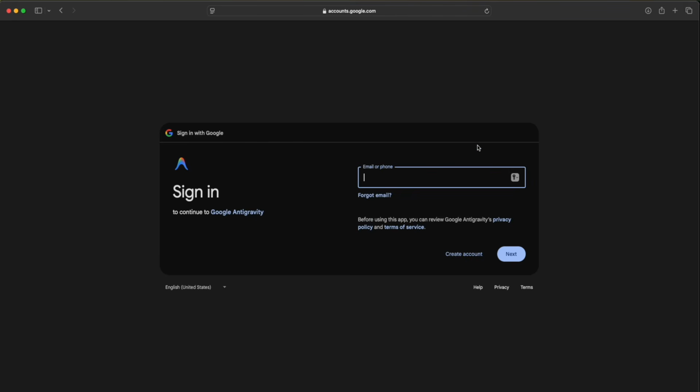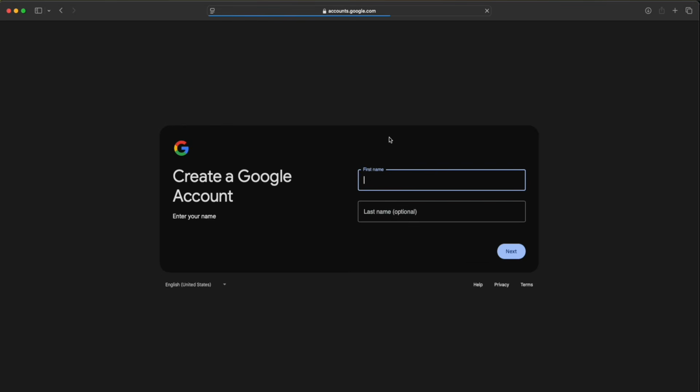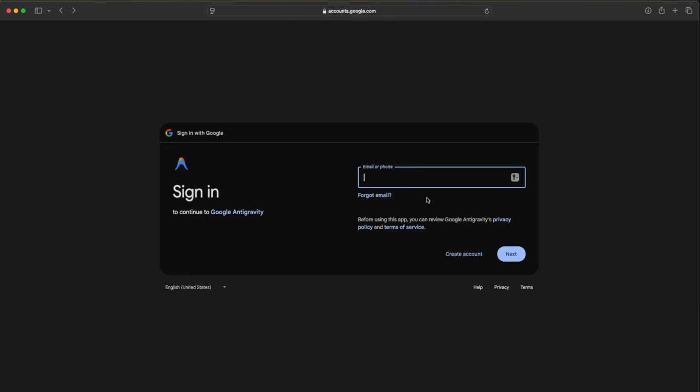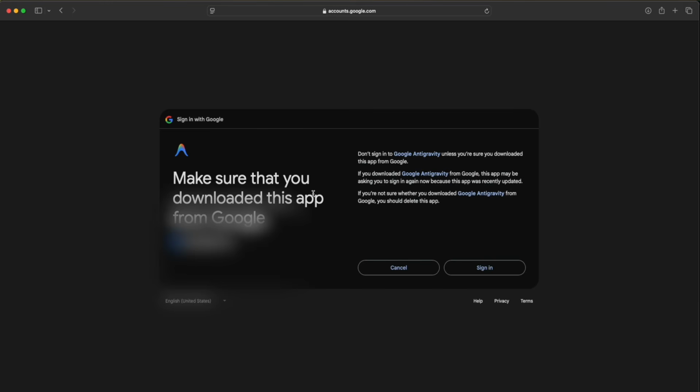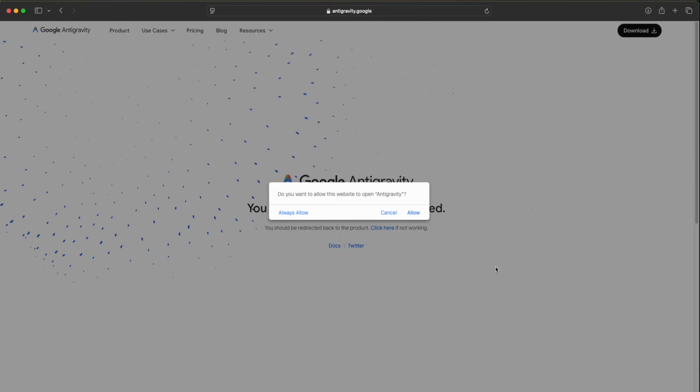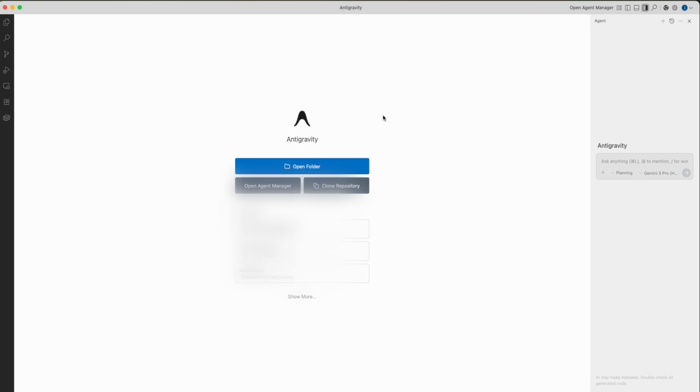If you don't have a Gmail account, you're going to click on create account and then create a Gmail account. Since we have a Gmail account, we're going to log in with our account. When you see this page, you're going to click on sign in. It's going to authenticate your email with Antigravity. Next, you're going to see a pop-up. Click allow to allow the authentication. So from here, you can see that we successfully authenticated our Gmail account with Antigravity, and we can get started